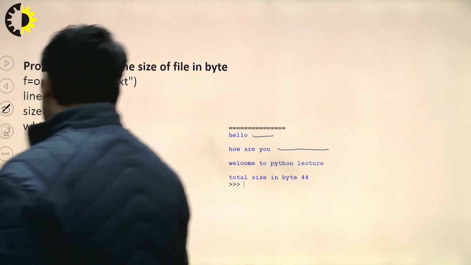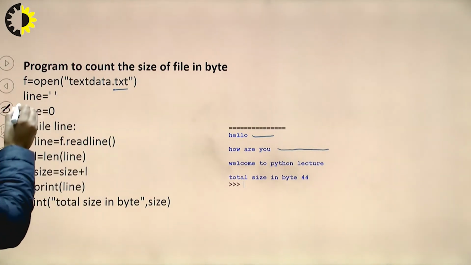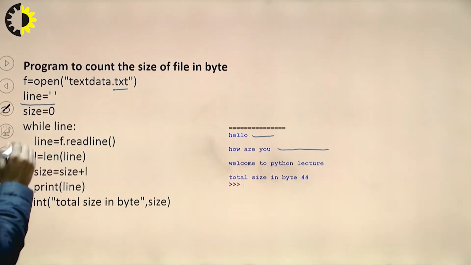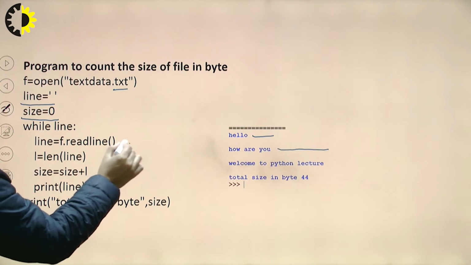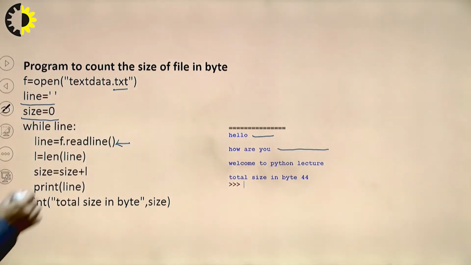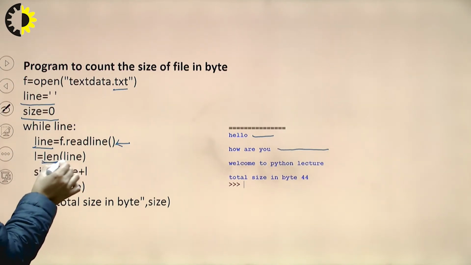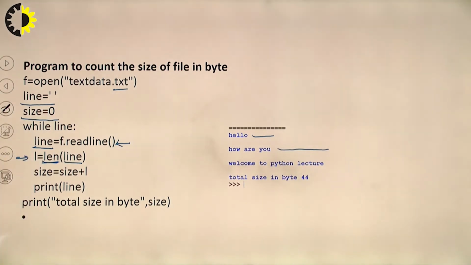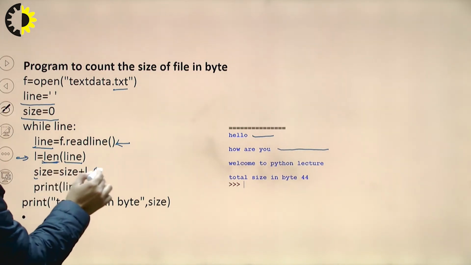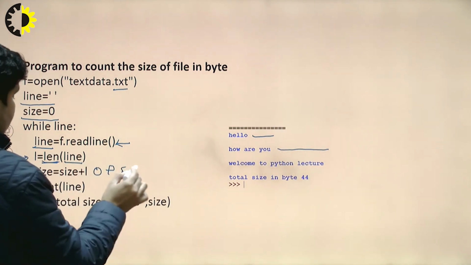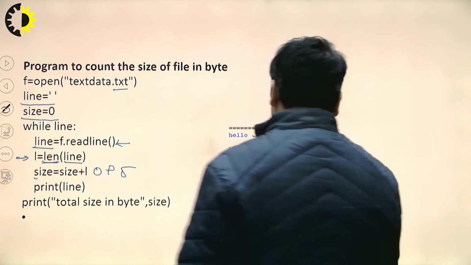Now you check here. I have opened a file in reading mode. Now this is a line variable which contains the data. The size variable is initialized to 0. While line, the first line will be read by the readline function. With the help of the len function, I am going to count the number of bytes stored in the line L. Then finally, size equals size plus len of L. So basically size is 0 plus L. What is the L? 5. We can calculate the entire bytes of the file, and finally you will see here our file contains 44